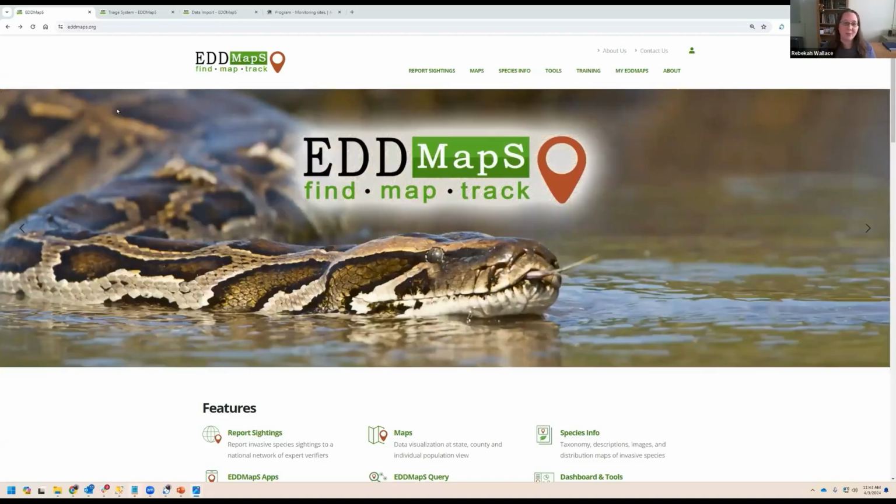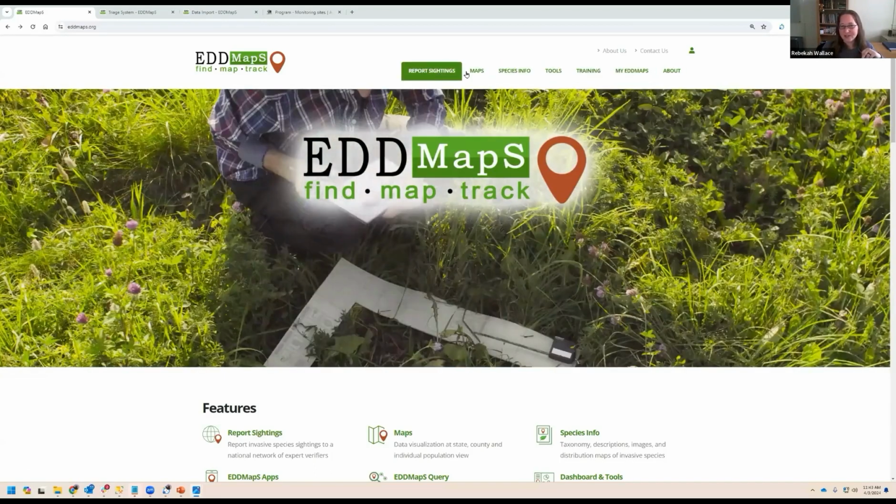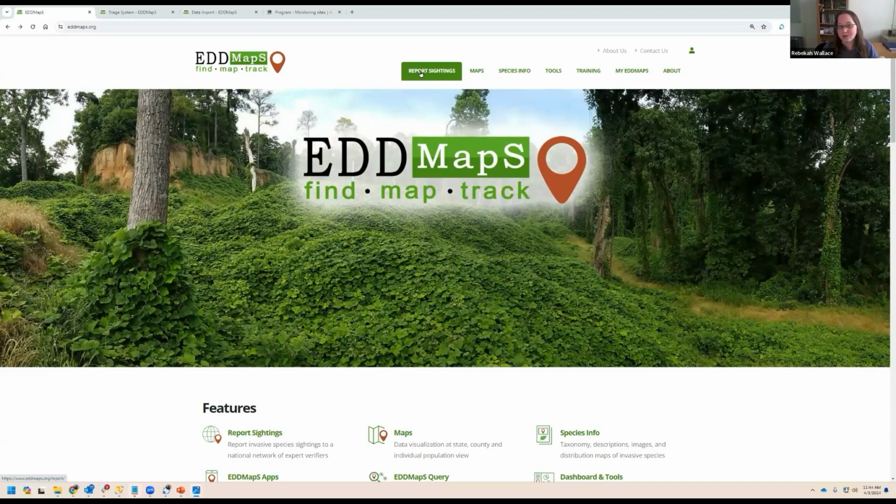Now, anybody can report on the website. As Chuck mentioned, we've revamped some of our website. That includes this top bar up here. You'll notice that this top bar has changed if you're familiar with our website and you pay attention to the top bar. But report sightings has pretty much been one of the most important parts of the EDDMapS website